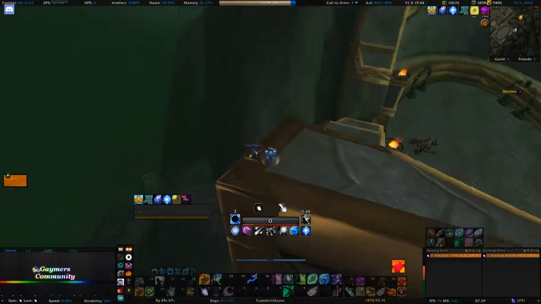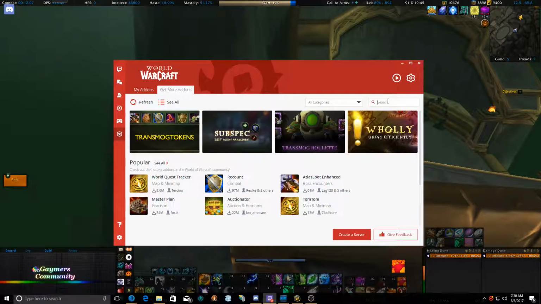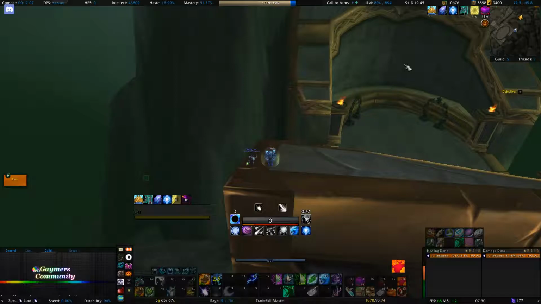There we go. So what you'd first need to do is go into the Twitch client, what used to be Curse, and just download WeakAuras. It might be underneath one word. Yep, WeakAuras 2 is what you'd like. So go ahead, install that. Make sure you restart your game client afterwards. The add-ons won't load unless...